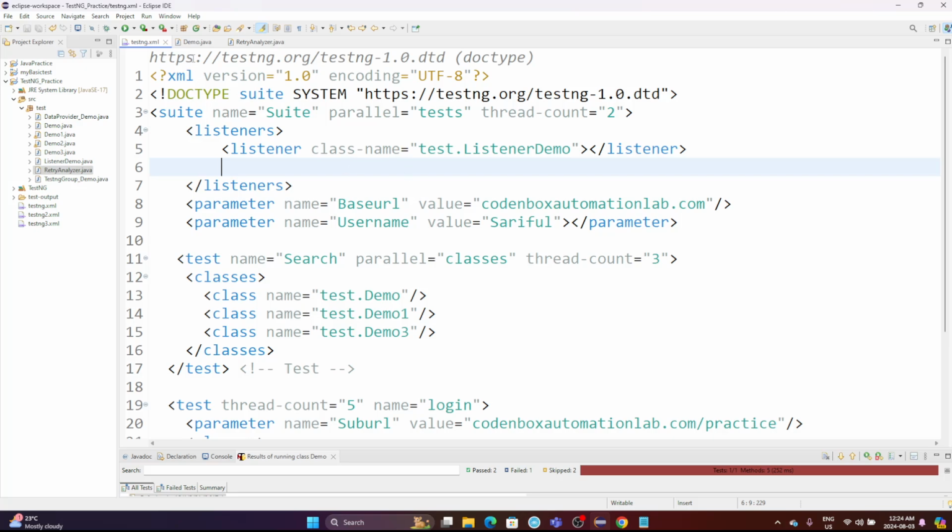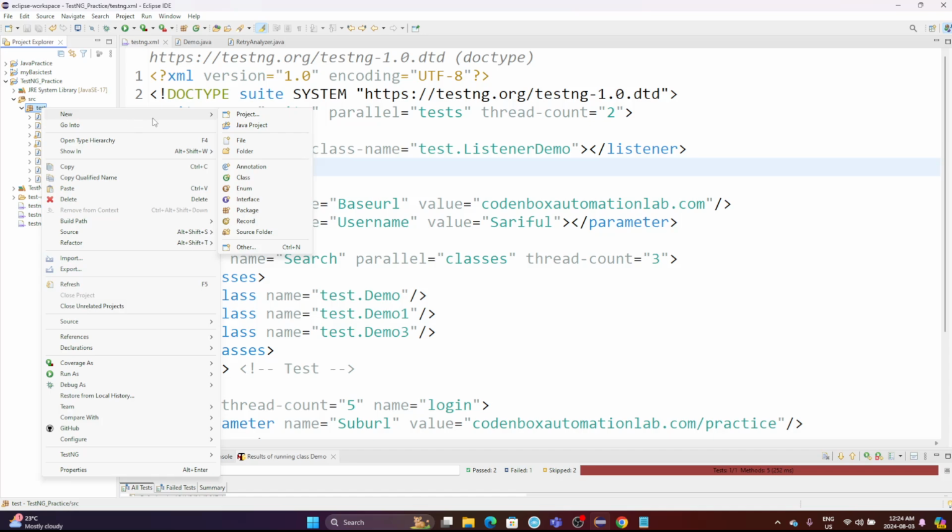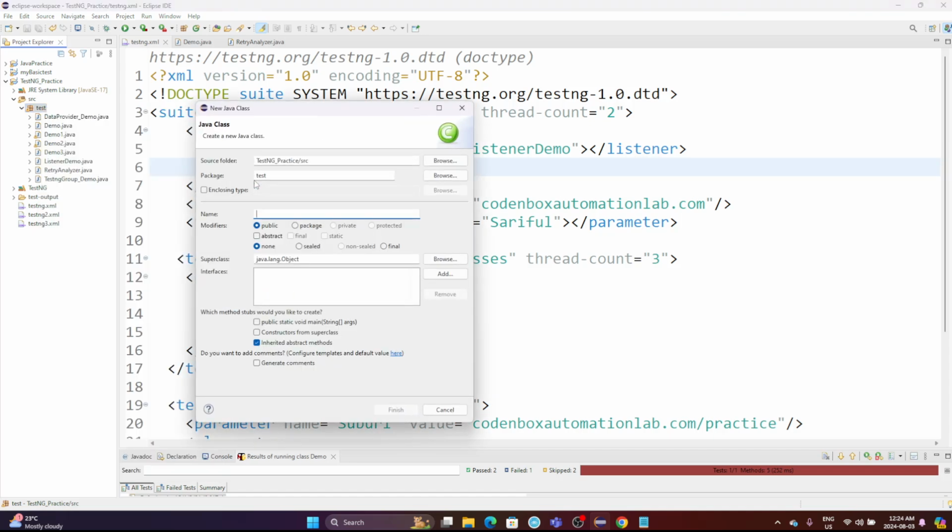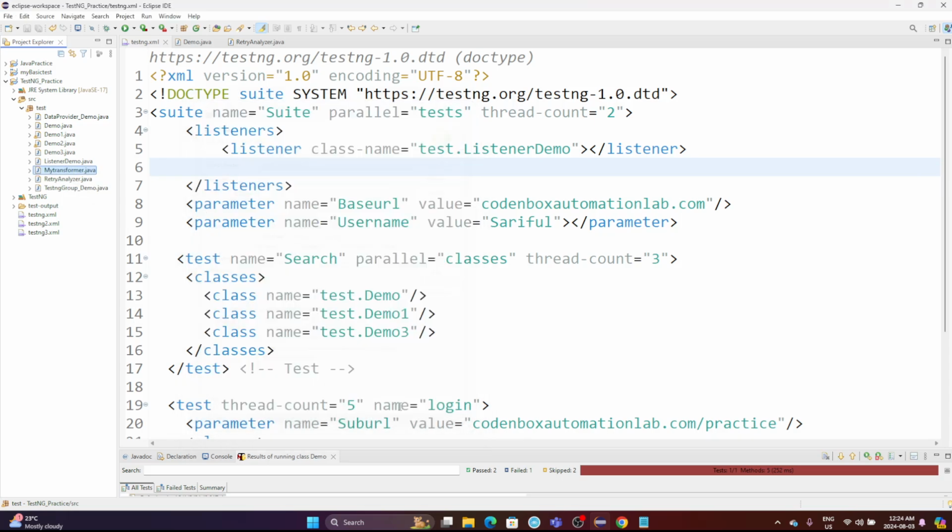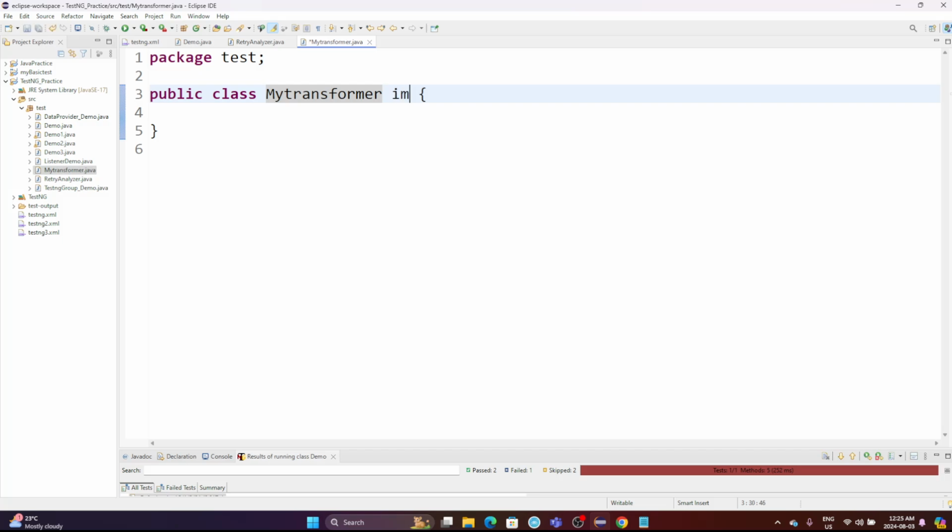To do this, we have to create another class. Let's create a new class. Because we're going to create a listener, another interface listener, let's give a name over here. I would say MyTransformer. This is the class name, and here we're going to implement